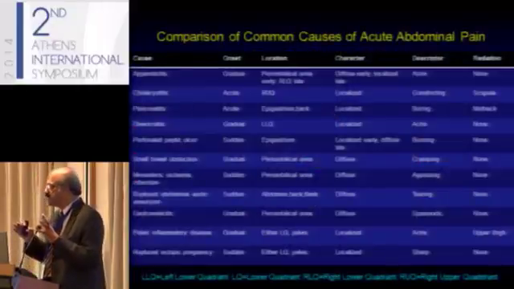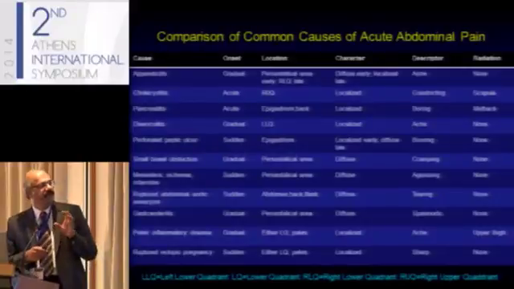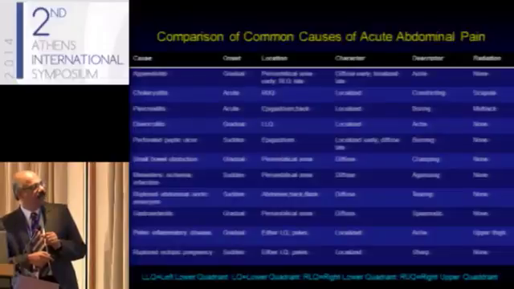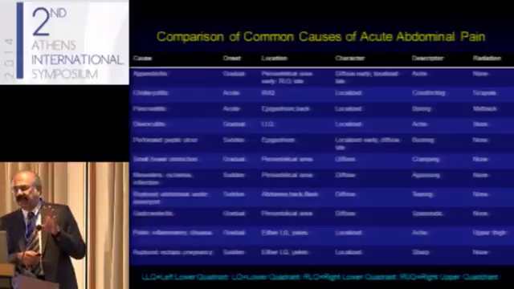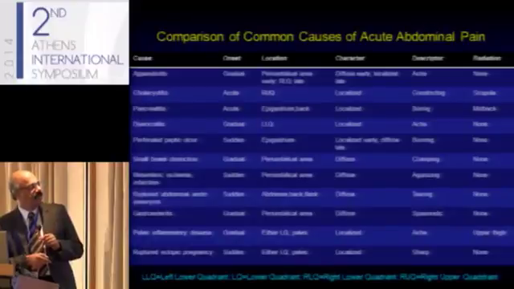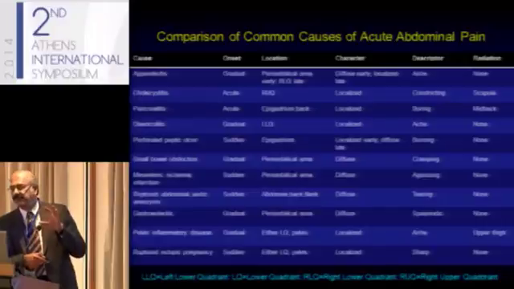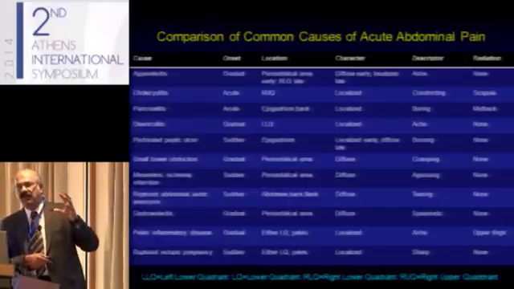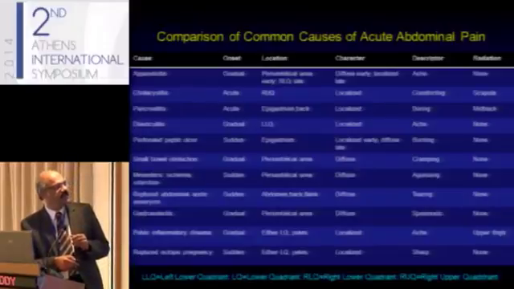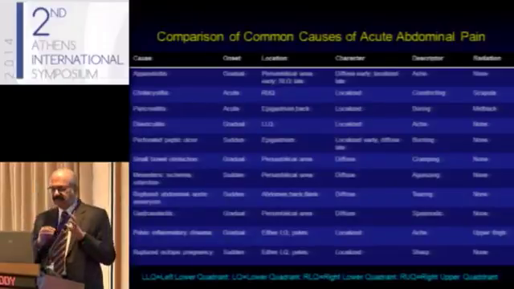Now this is a very busy slide and I don't want you to go through all this, but when you're diagnosing abdominal pain, the important things you should look at are onset, location, character, descriptor, and radiation. For example, I'll just tell you one example, and that is a patient coming with acute appendicitis. The onset is gradual. It's initially in the periumbilical region, but then radiates to the right lower quadrant. It's initially diffuse because it's visceral, but when the inflammation goes to the peritoneal cavity, it becomes localized to that site, and there's no radiation. So this is the classic description.